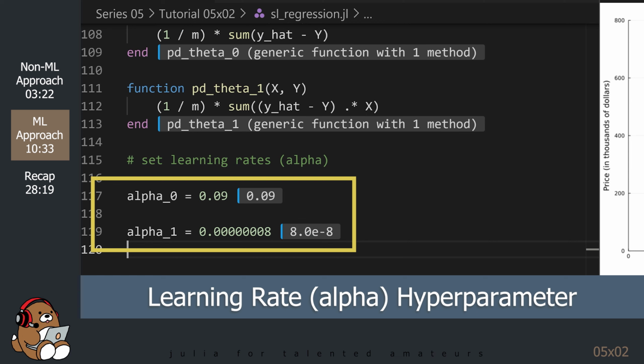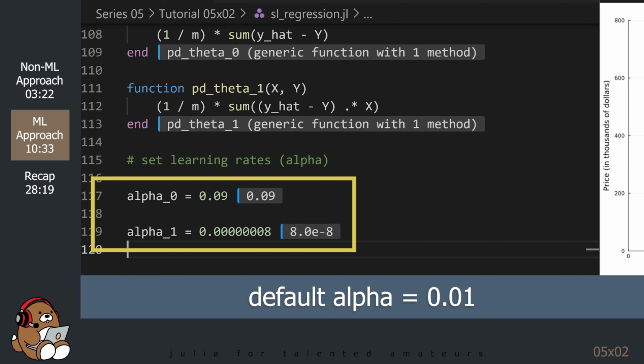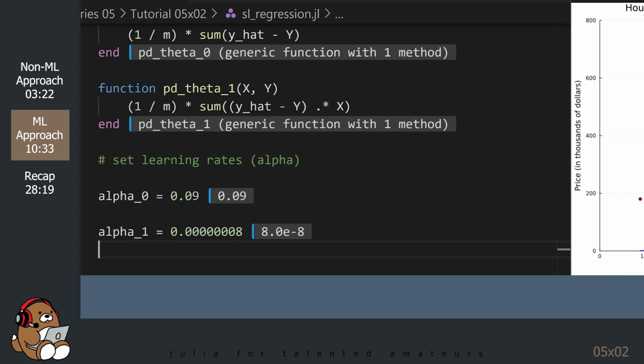I have to admit that I cheated here. By convention, the default learning rate is set to 0.01 for all parameters, but I found that it was taking too long to find a solution, which isn't great since I was trying to make a tutorial out of this. Using these values will allow your computer to find an optimal solution faster, just for this example.